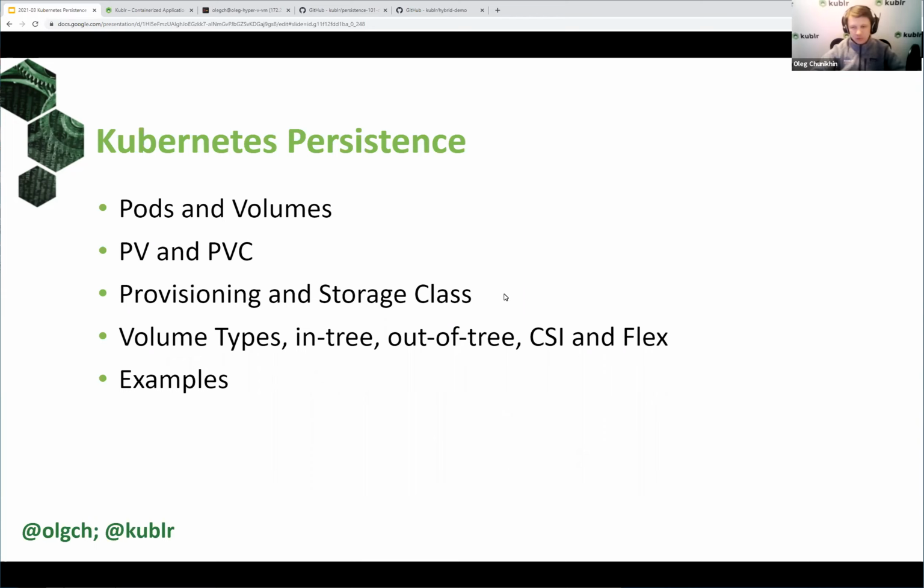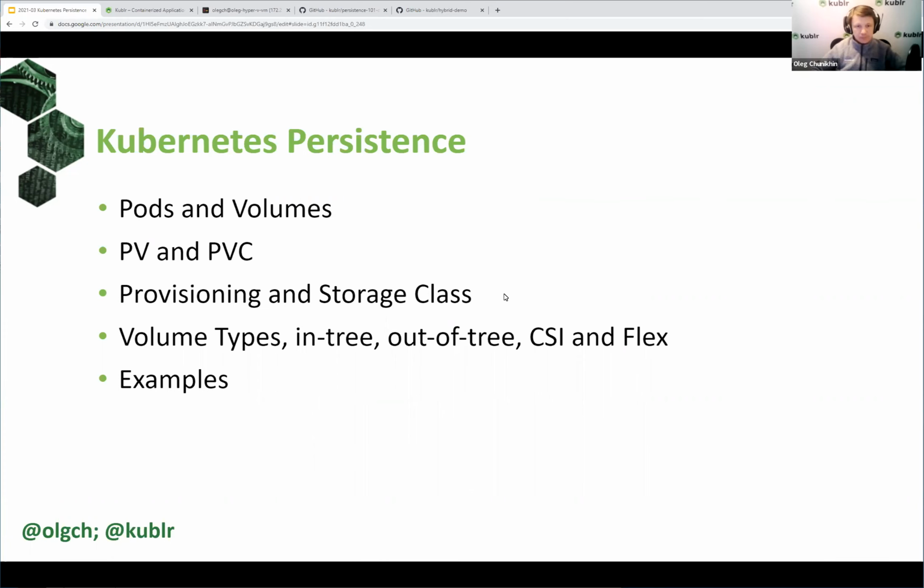Some aspects of these presentations and demo may behave differently, and we'll talk about that in more details. But the power of Kubernetes is that it provides a very convenient to use layer of abstraction on top of your infrastructure. And that's exactly what we are going to talk about today as it applies to persistence management and